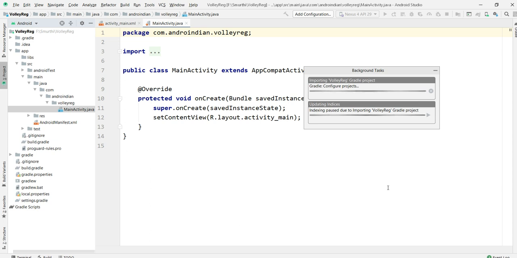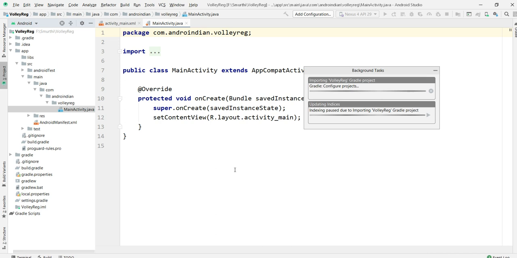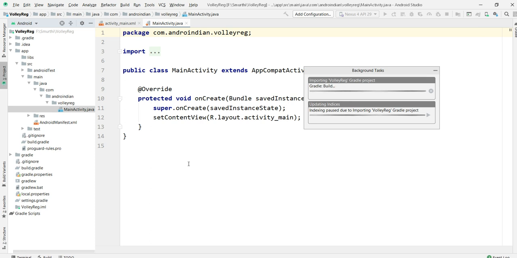Now I want to design the XML like this: name, mobile number, email ID, password, and one submit button to send this data to the server. Afterwards, one dependency is required, that is Gradle. So we can add the Volley Gradle for this. Then with very few lines of code, we can finish this program.